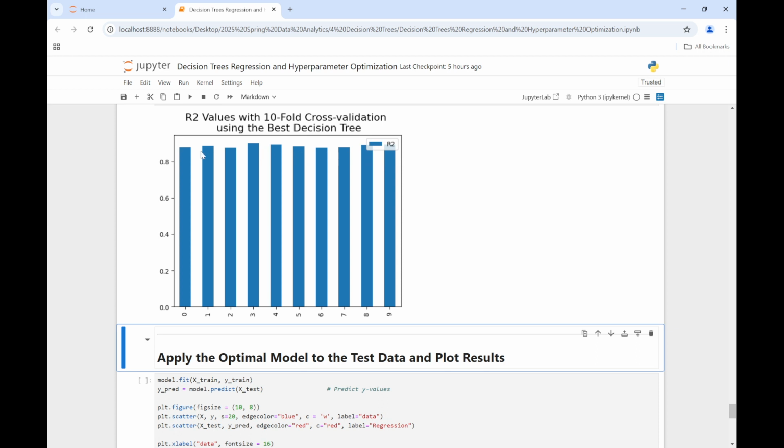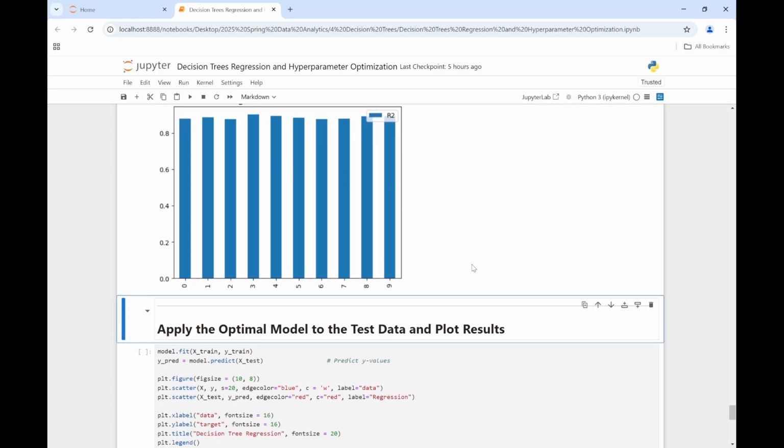This is a model that you would tend to trust because it performs equally well across all of the 10 folds with low variability. Or in other words, it's insensitive to the choice of test data and can generalize well to new data. All right, so given that,